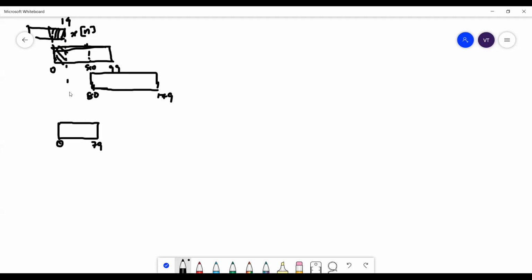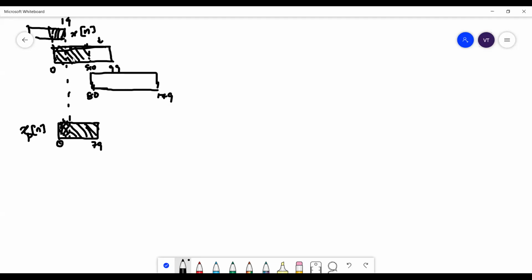So this part may be illustrated as, I'll hatch it in both directions. So this part is overlapping, and this I will hatch in a similar manner. So this part will be hatched like this. So this is a sequence that is overlapping. This I will call X of n, which had 100 samples, and this I will call XP of n, which had 80 samples, 0 to 79. So XP of n is one period of my periodic sequence that is formed like this.